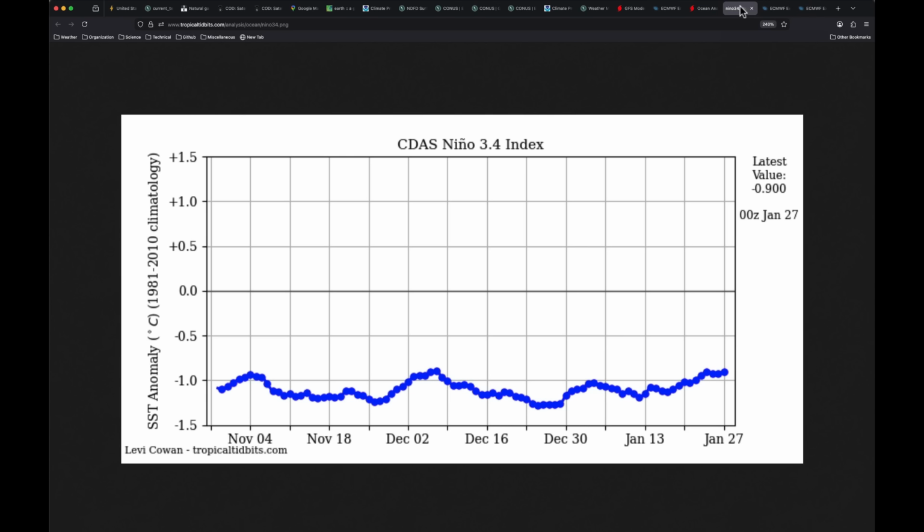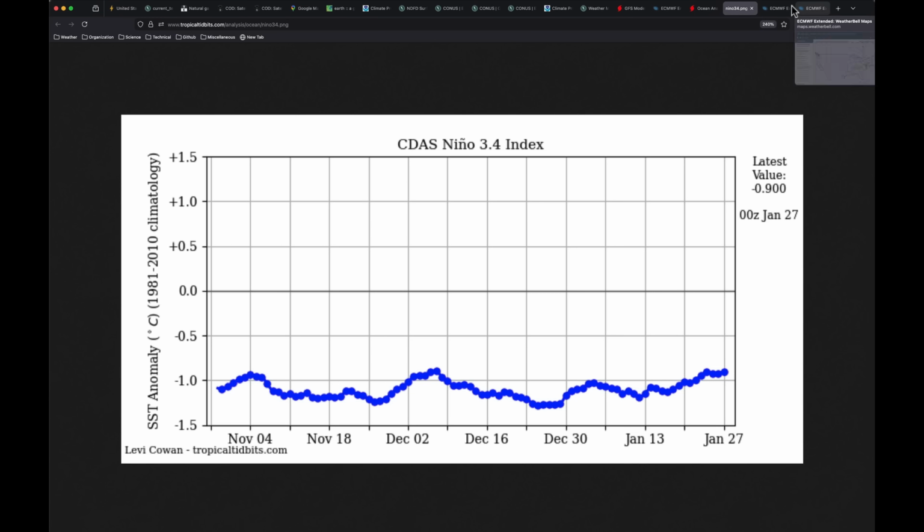If we look at the ENSO index here, it's been rising. We've seen this weakness in La Nina. It's been starting to fade away. We talked about how the pattern was starting to look a little bit El Nino-y as we headed into the new year, but I would expect, as a result of those trade winds, for that to level off, if not La Nina to gain back a little bit of ground as we go into early February. Something to keep an eye on.